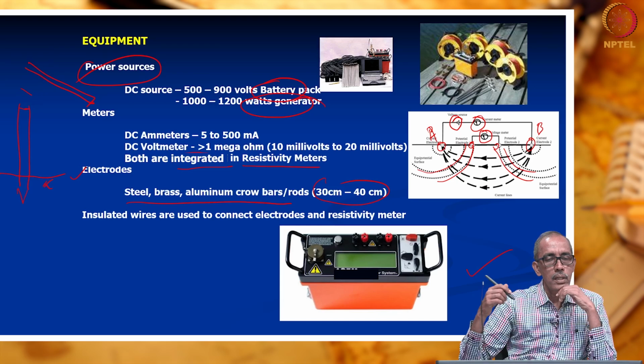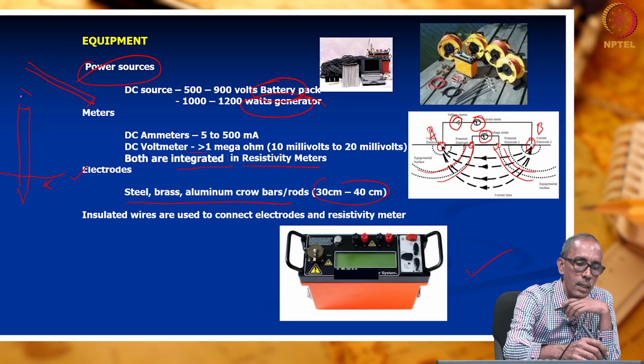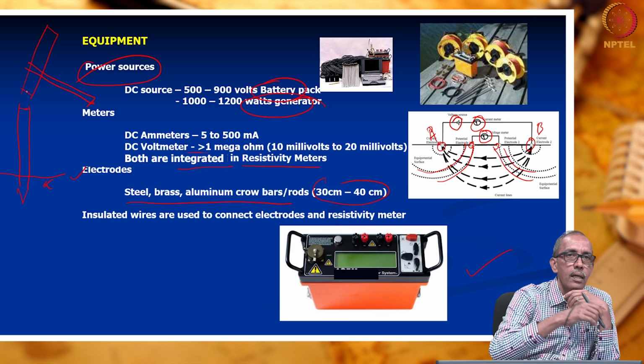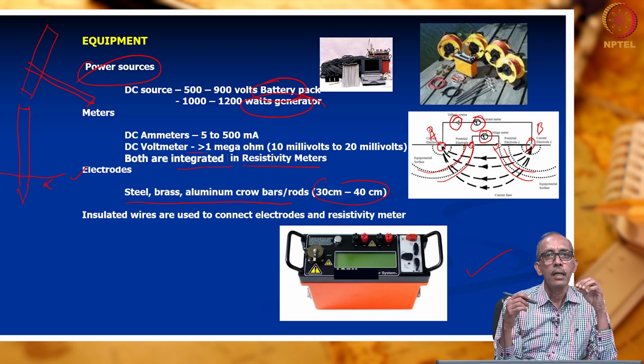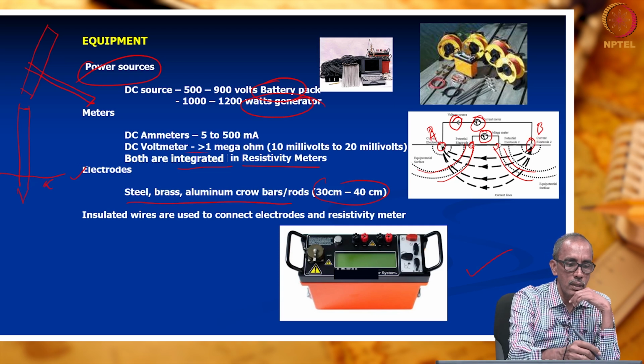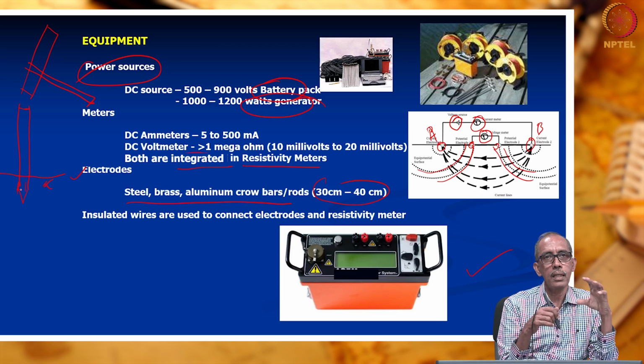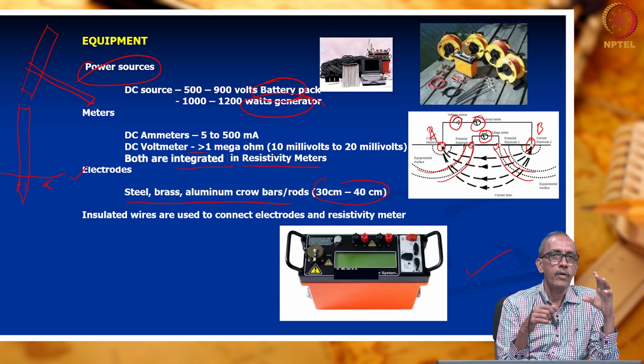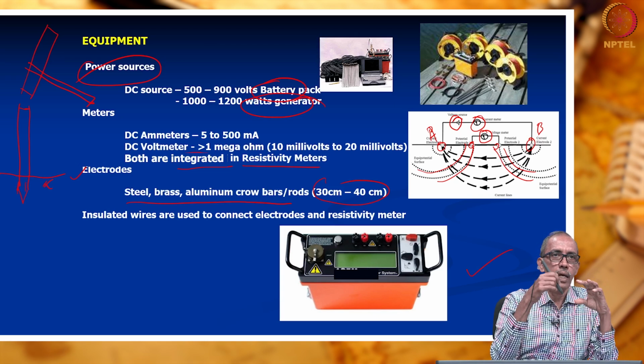So this is how we make a good connectivity between the battery and the earth. You cannot go and leave the wire on the surface of the earth, isn't it? So instead we hammer a conductive rod into the earth up to maybe about 10-15 centimeters below, right? We hammer so that the connection is intact.